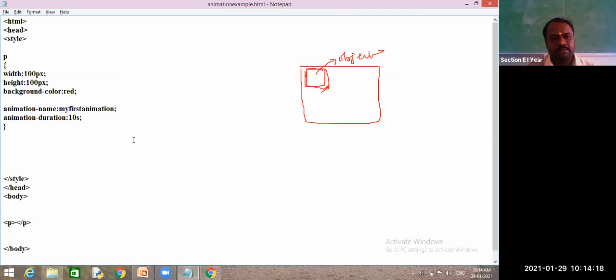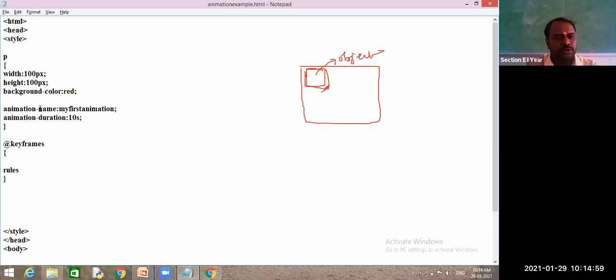I will divide this time into some quarter times, and I will give some properties for where my object wants to be moved. Next, I will apply this rule. To give the animation rules, we need to go for a block, that is the keyframes block. In between the keyframes block I will write the rules. I simply need to divide my timing into the time periods, and how my object should be reflected. That is the rules I will write.